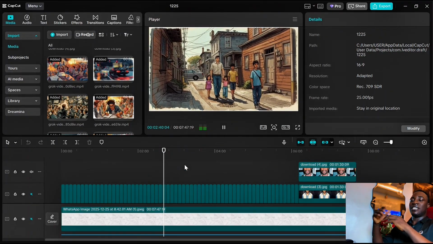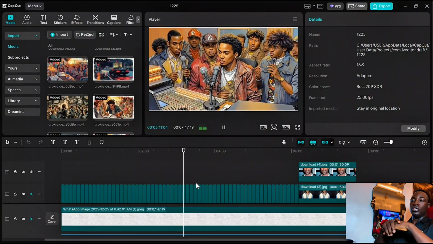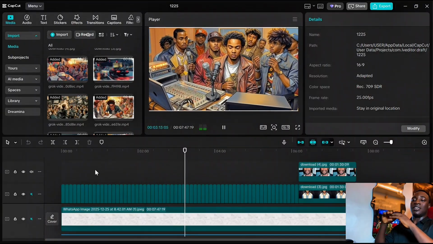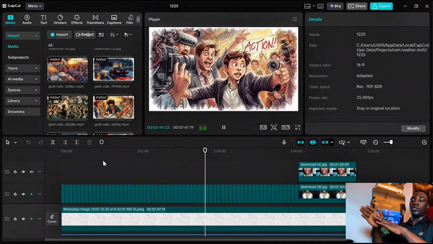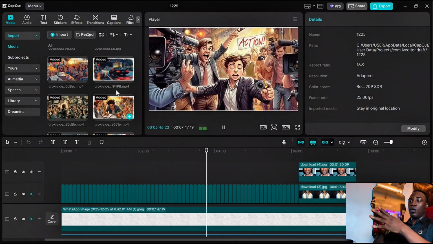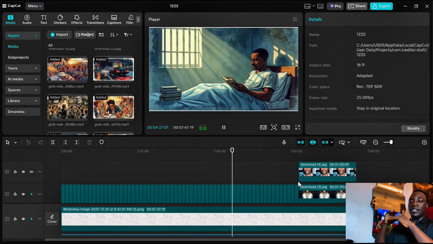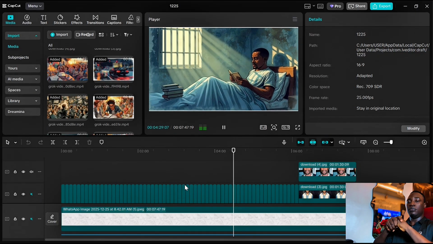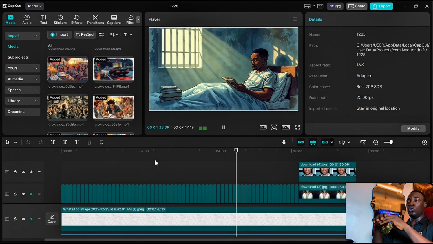After that, add captions to boost retention. Go to text, auto caption, generate captions, and choose a clear readable font. Highlight the words so they pop and add a simple animation like a soft popping effect to make the visuals feel more energetic. Then do a quick cleanup pass, trim any awkward pauses, tighten the pacing, and make sure every clip